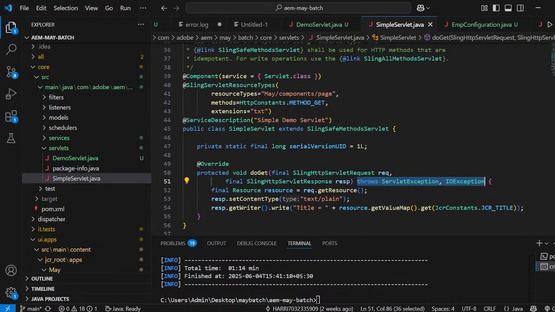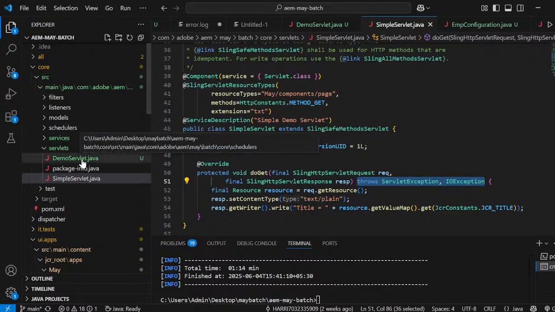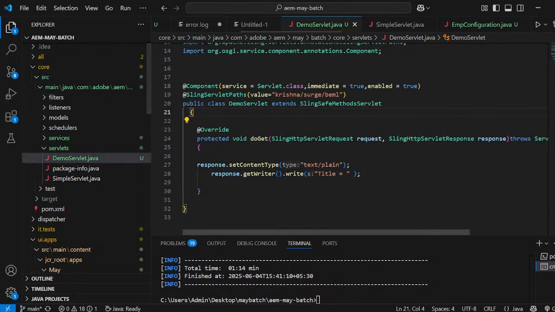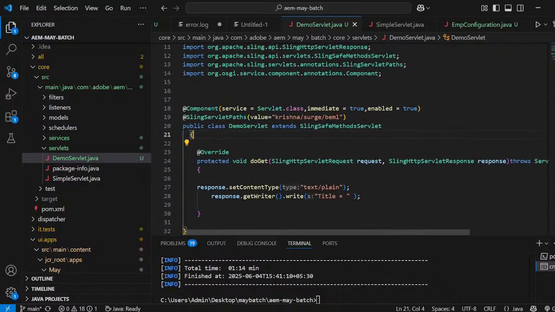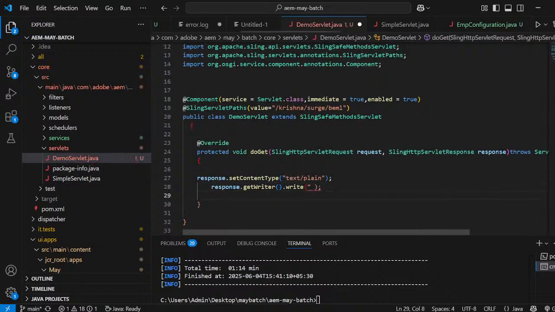There is a servlet, come to here. Data coming from the, you can say,